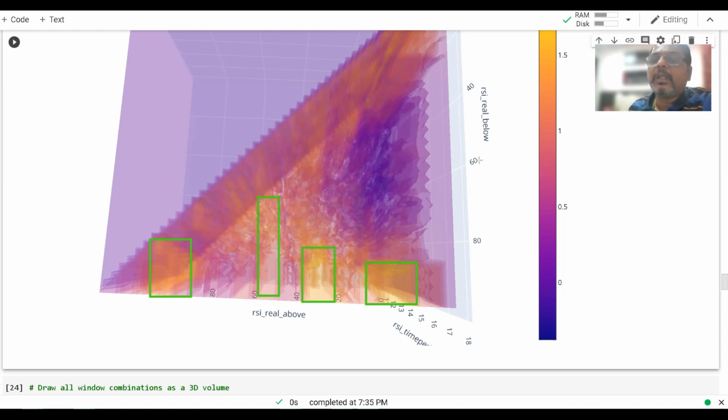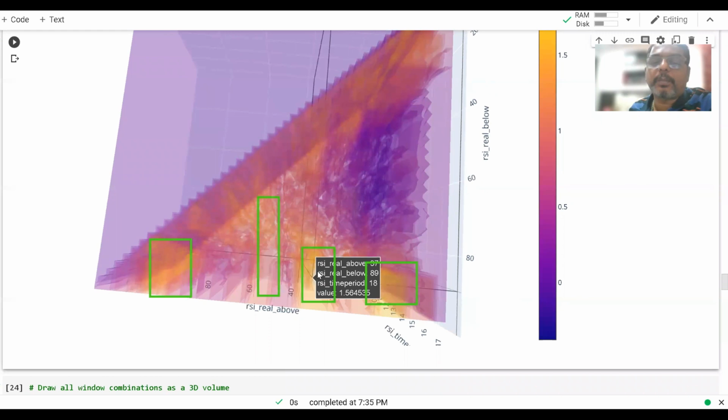So if you really look at it, the RSI below values above 80 and 90 are where you are probably having the best of the best Sharpe ratios. So these are the values, and the RSI above, you could be above 15, 20. This is where the first high values are. So if you go to these levels, RSI real above 15 and 91, you are having 1.69, 1.7, 1.5, all these more than one Sharpe ratios. Then similarly here, 35/87, 35/89, you see values which are more than 1.5, 1.4.